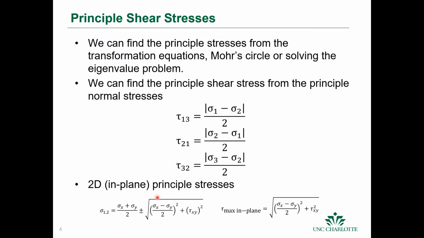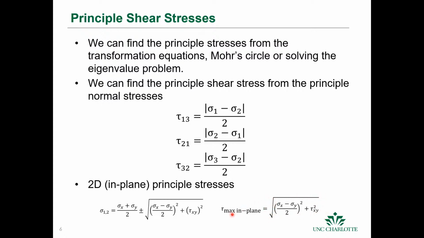dimensions from anything. If we have plane stress or 2D stress, sigma x and y, then we'll have this. Some people leave this, I think in the book he leaves this as sigma A and sigma B because you always order them as max and min. So if one of them is minus, then sigma 2 would be 0. Sigma 1 would be your max positive stress, and sigma 3 would be your negative stress. And there's a relationship between these principal stresses and the Mohr circle, and if you'll notice, this term here is the same as this term.